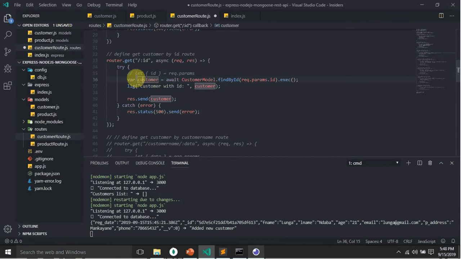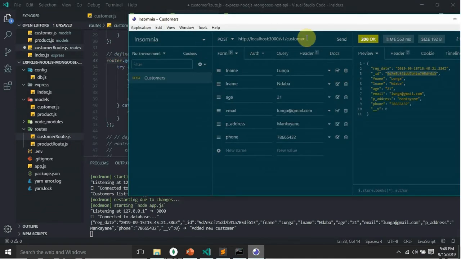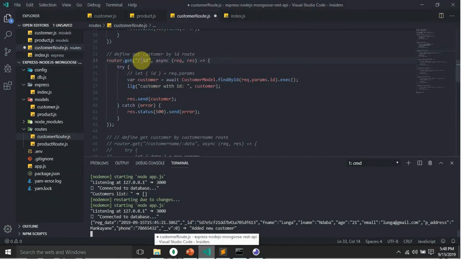Alright, so what we need to do now is just say router.get and then slash, which is basically the customer, like this. And we will say colon id, which stands for the parameter that we're going to pass, and we're going to